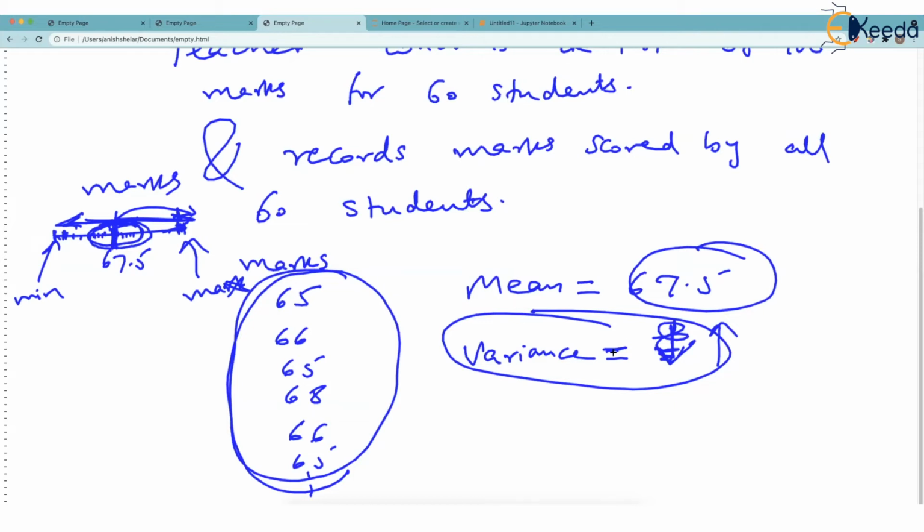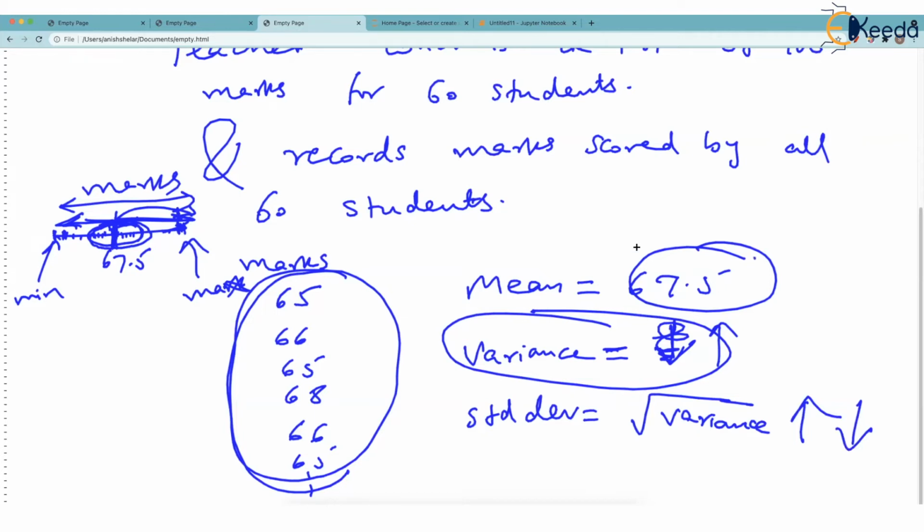Of course, instead of saying variance, the teacher can say standard deviation also, because standard deviation is just the square root of variance. So the same condition is applicable here. If standard deviation is very high, then the spread is very high. So there are many academically poor students. There are some strong students also. If variance is very low, all students are performing near average.